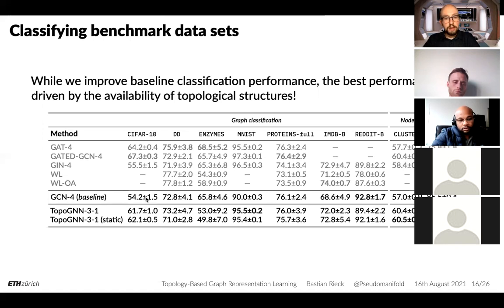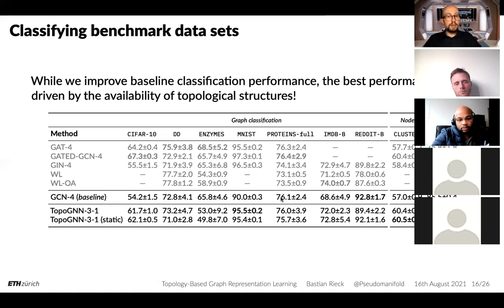So in contrast to this line here, we are still improving on those features, except for in some rare cases where we either can't get the network to fit, as in enzymes, or where we have some high standard deviation such that it's really a little bit tough to say whether we are on average better or not. But at least it demonstrates again that we can improve the expressivity of a baseline architecture by adding more topological information. But of course, the choice of our baseline architecture also fundamentally, to some extent, limits what we can achieve